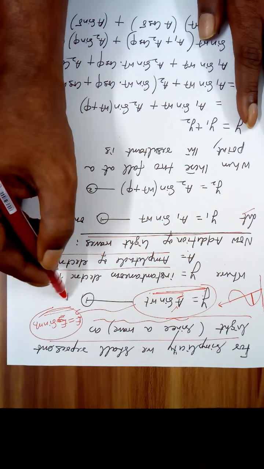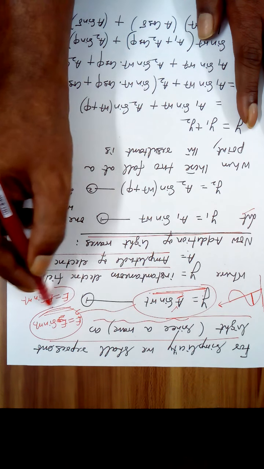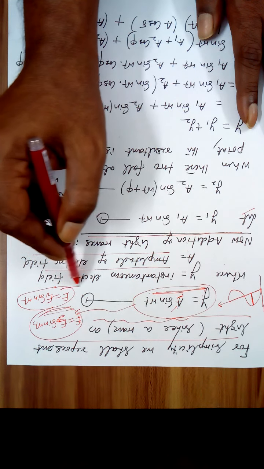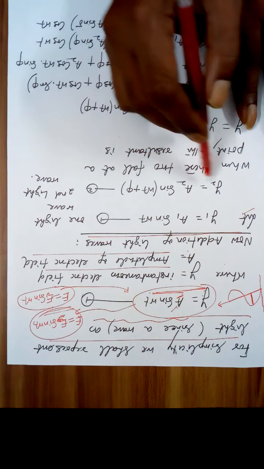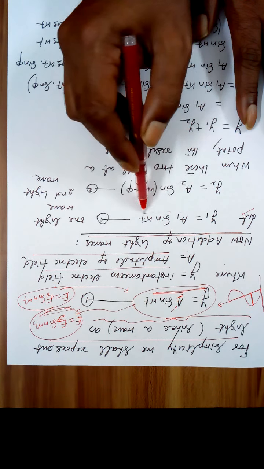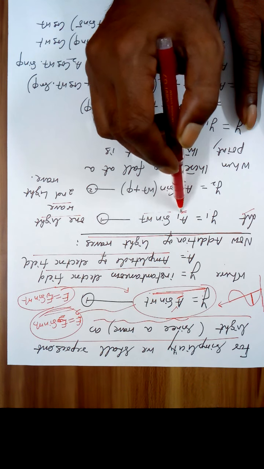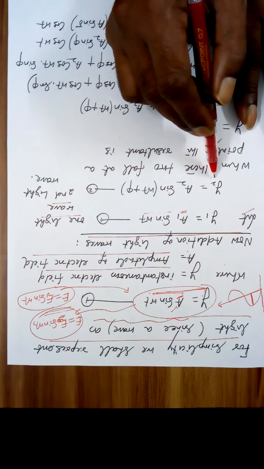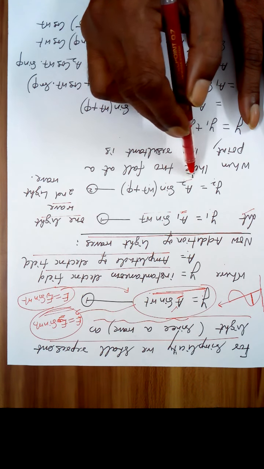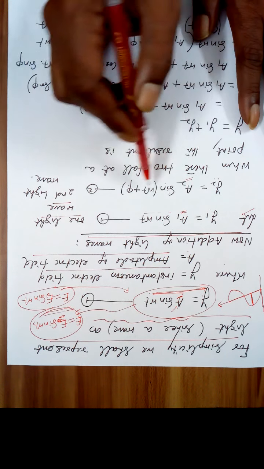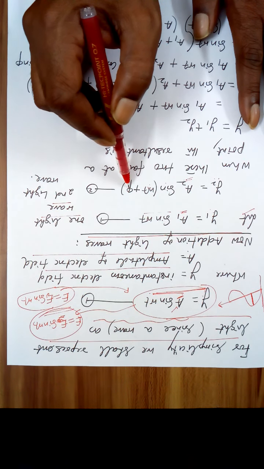for simplicity, actually it should have been E is equal to E naught sin omega t. I'm using the same form but a simplified notation: y is equal to a sin omega t. Let y1 is equal to A1 sin omega t, one light wave, where capital A1 is the maximum value of y1. y2 is equal to A2 sin(omega t plus phi), where A2 is the maximum value of y2. Both have the same omega, and what is this phi? The phase difference.